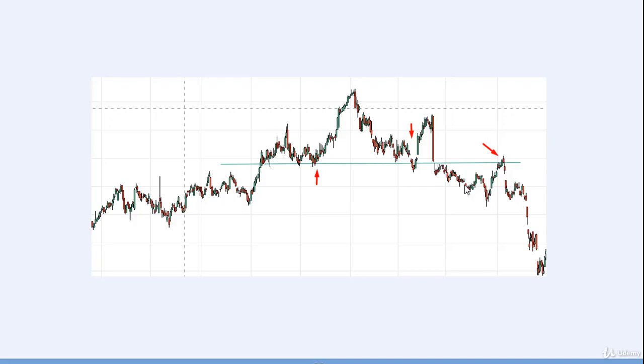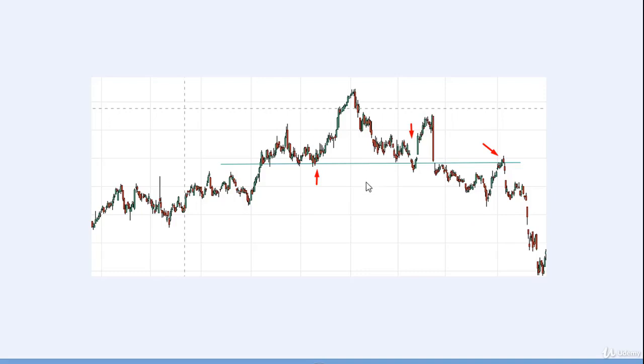Here we can see the prices are trying to cross this neckline in an upward direction but they fail. It means it is the end of this uptrend and a reversal into a downtrend. So we can make our short sell position here with the stop loss at the peak of this right shoulder.